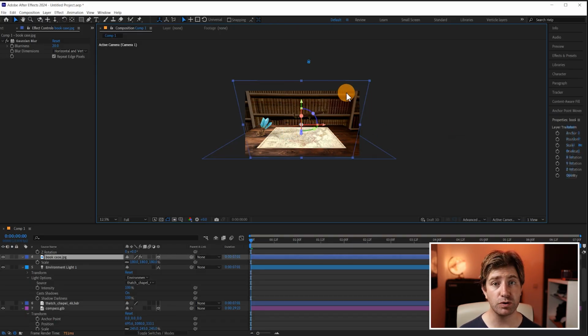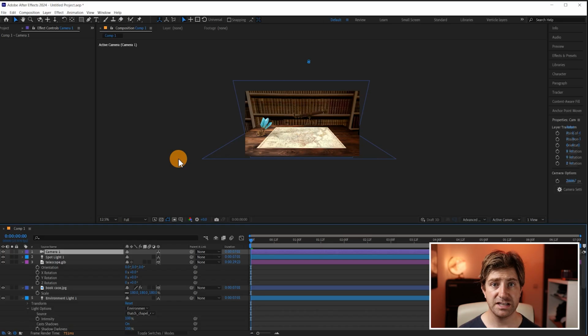Now, if you find when you move the camera that there's a slightly odd parallax between the table and the bookshelf in the background, one thing you can do is move it further away in Z space and then scale it up. So now we're going to go into the camera